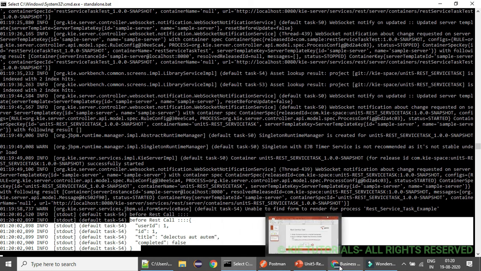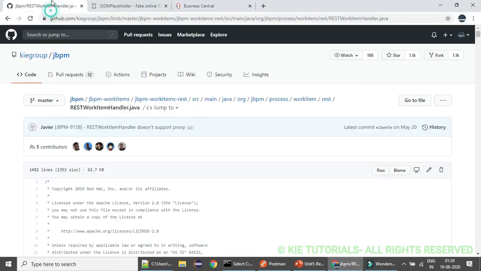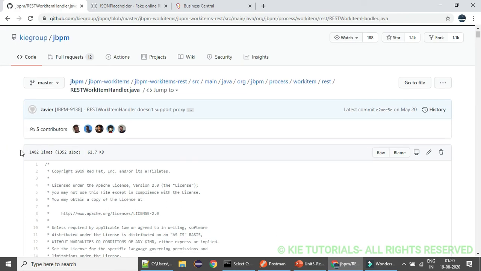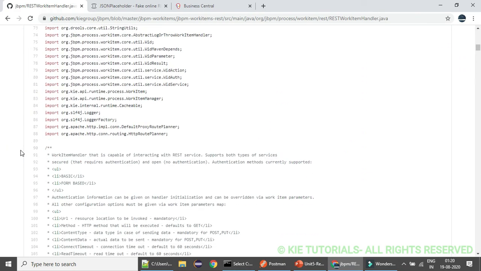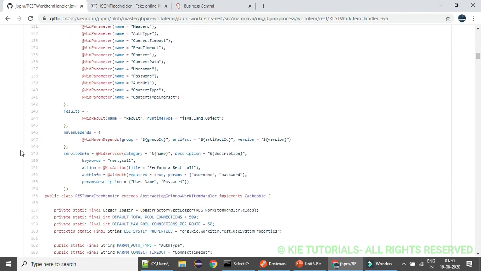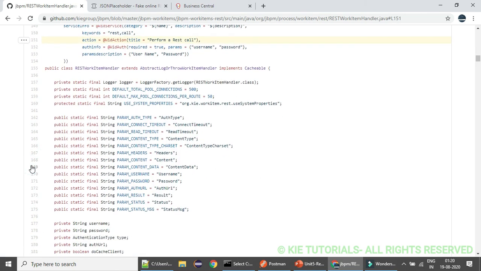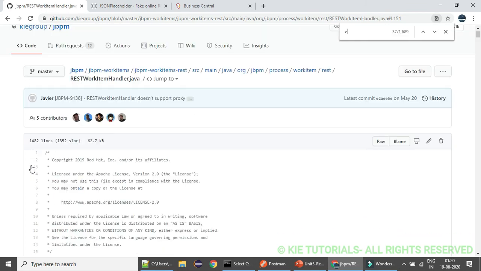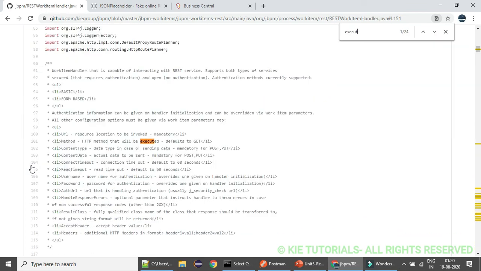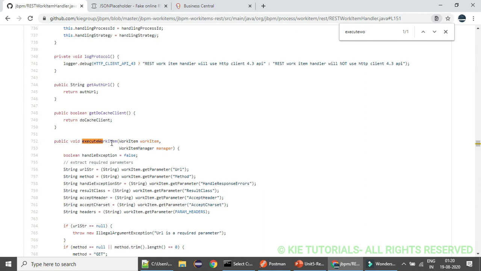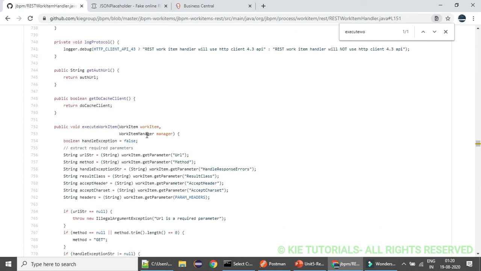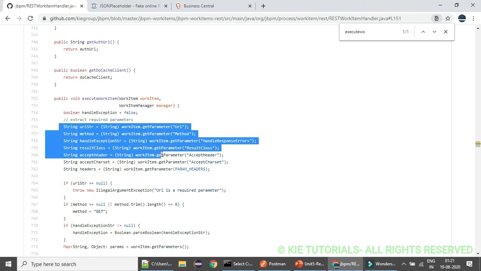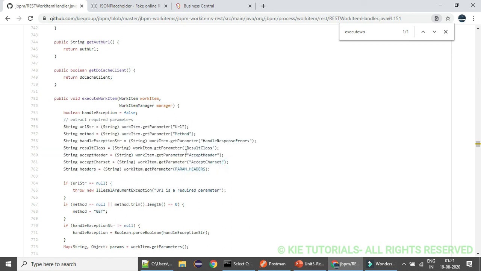Now I'll go to the source code and explain it. It is nothing but a work item handler in jBPM terminology, which implements the work item handler interface. It will perform this method, executeWorkItem, and whatever parameters or headers or URL and method we have given in the work definitions, all of those will be retrieved here.